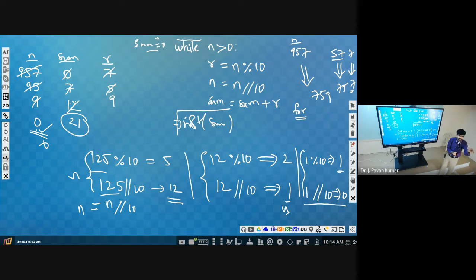Afterwards, whenever we get the second digit, then this has to be shifted. 7 we have, but whenever we get 5, whenever we consider 7 alone, that is in the units place. But if you consider 5 also, then this 7 should be considered as the tens place. How can we shift the digit to the tens place?